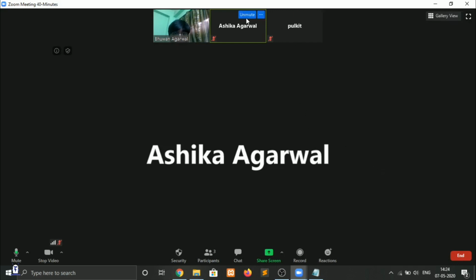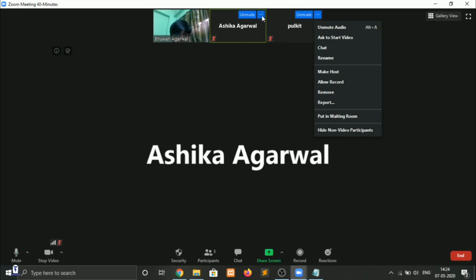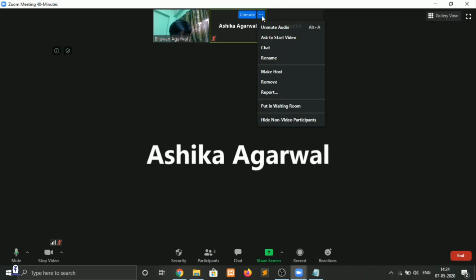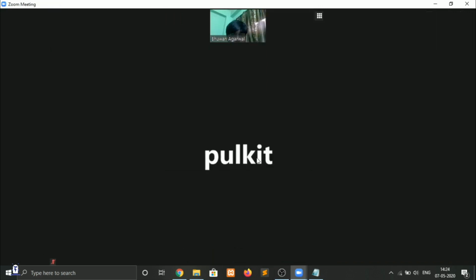Okay. One more feature that you can use with the participants is that you can kick out the participants. Here, if you click on the remove button, then the participant will be removed. Okay, I'm removing one participant here, and I will show you the other features with the other participant. Now when I click on remove, it will give me a prompt, and I can simply remove this participant. So the participant has gone.